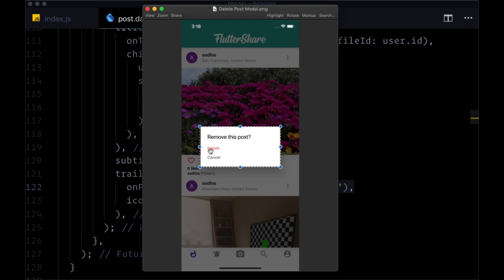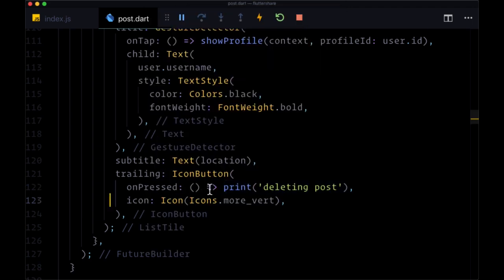So if they do, they'll just press the delete option. If not, if they just want to close the modal and not delete it, they'll hit cancel. And this is going to directly lead into the next set of Firebase functions that we'll be creating for when a post is created, along with updated and deleted. And that's to keep our timeline posts in sync with any changes that are made to a given post from anywhere within the app. So we'll begin by changing the onPressed, changing the function that we execute to be handle